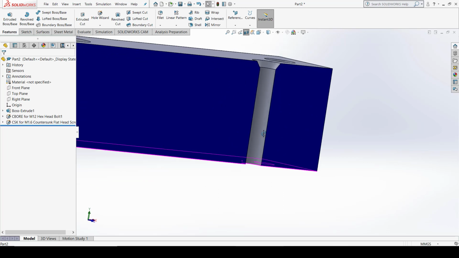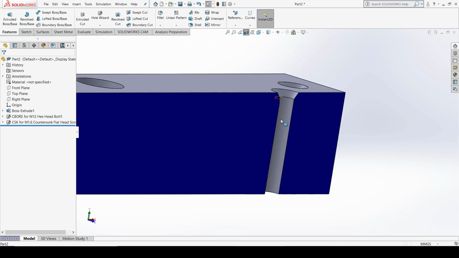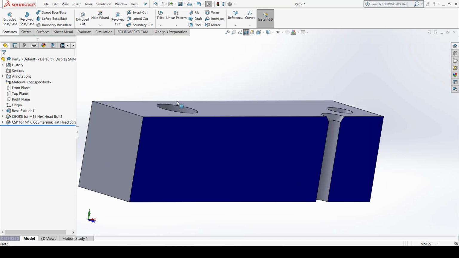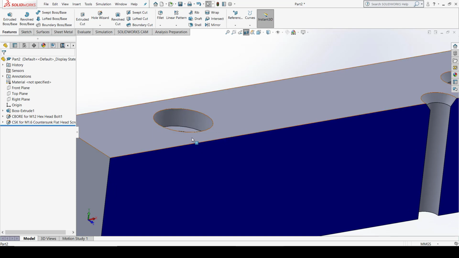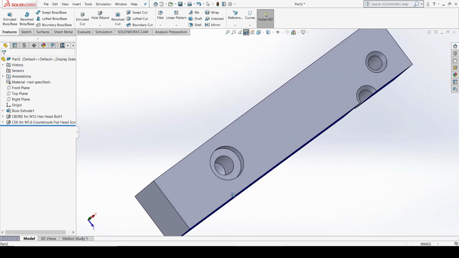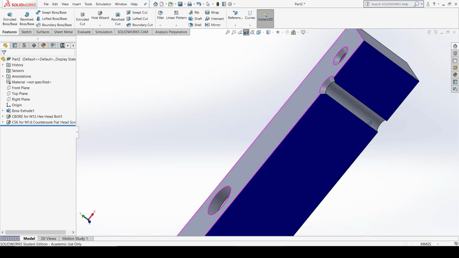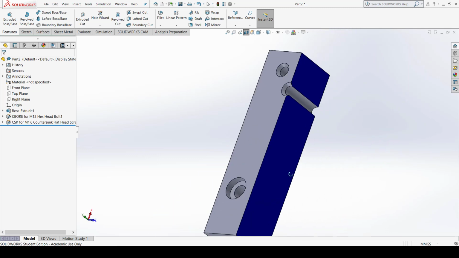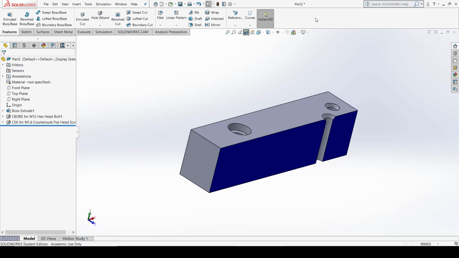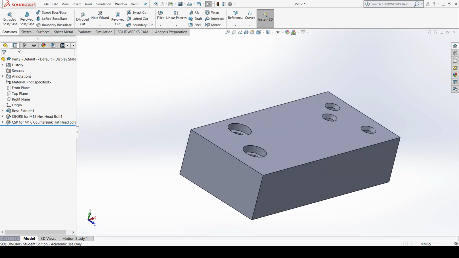You can see this is the hole through all, this is the taper, the 75 degree taper which is a countersink, and this is the counterbore, as you can see here. Previously we discussed counterbore, which is a blind hole, and through all means the hole will move through all this billet, from the upper surface to the lower surface. So this is how you can create holes, and there are a number of options by which you can create holes here.